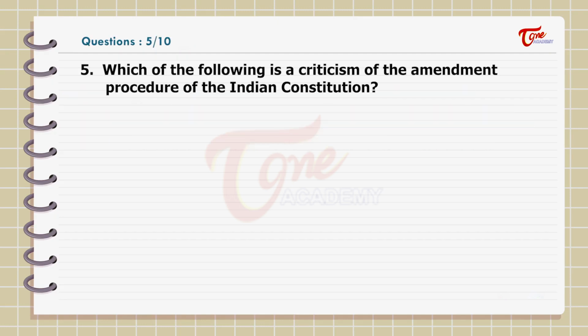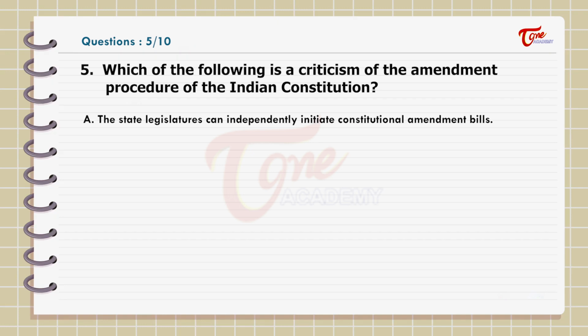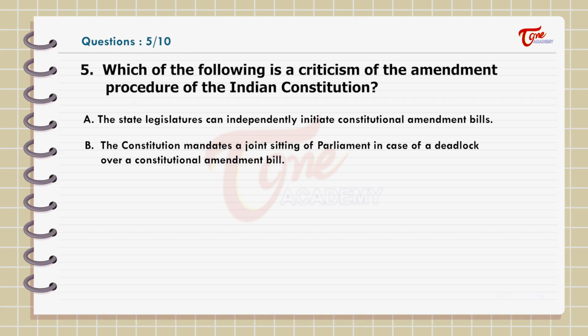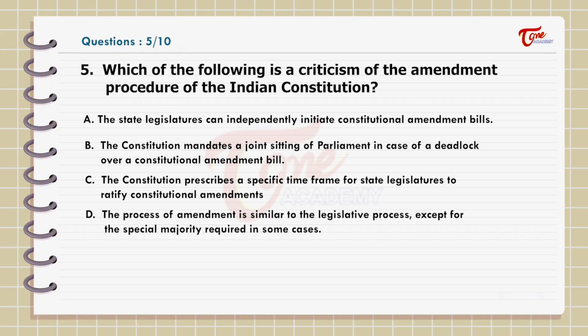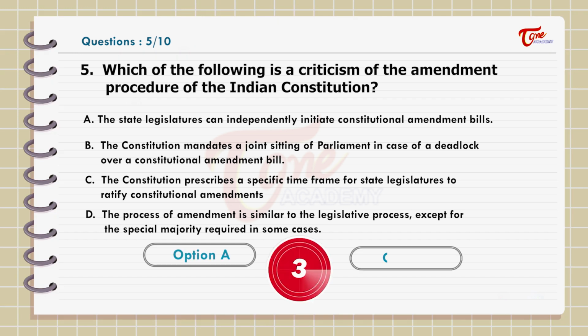Which of the following is a criticism of the amendment procedure of the Indian Constitution? Options: A. The state legislature can independently initiate constitutional amendment bills. B. The Constitution mandates a joint sitting of Parliament in case of a deadlock over a constitutional amendment bill. C. The Constitution prescribes a specific time frame for state legislatures to ratify constitutional amendments. D. The process of amendment is similar to legislative process except for the special majority required in some cases. Answer: